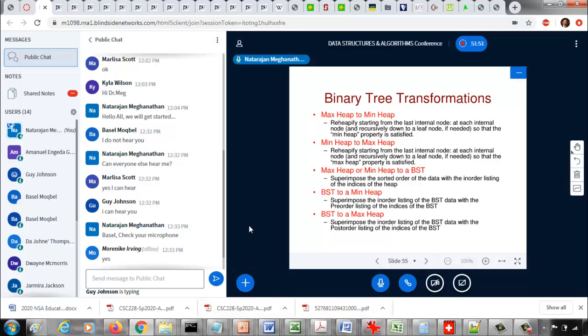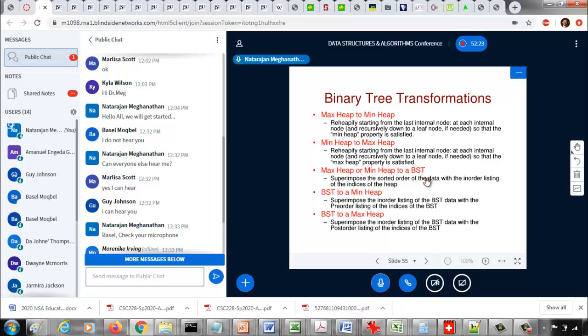So what we're now going to do is see some transformations among the different types of variations of binary tree. In this course we saw a binary tree could be a binary search tree, it could be a heap, and if it's a heap it could be a max heap or a min heap. So we are going to see how to transform or change from one format of a binary tree to another. So we could transform a max heap to a min heap, or a min heap to a max heap, max or min heap to